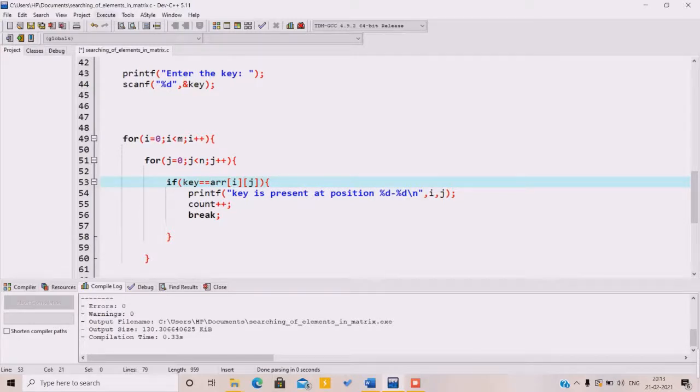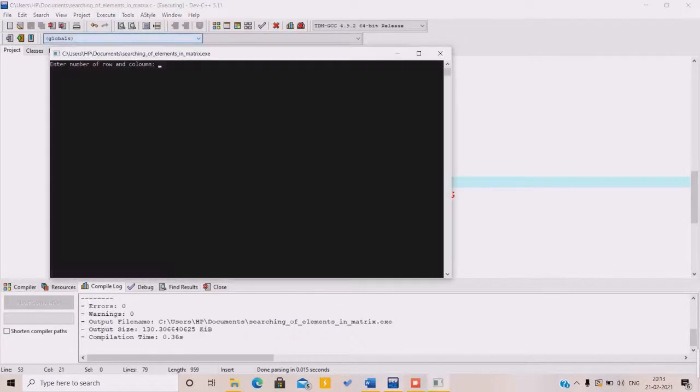Now check again. So, 3 by 3 matrix, let's enter the elements 5, 4, 7, 12, 15, 45, any numbers like 9, 8, 13.